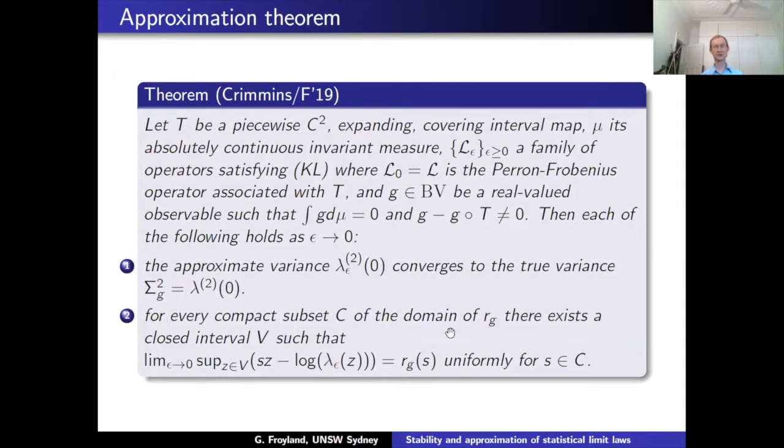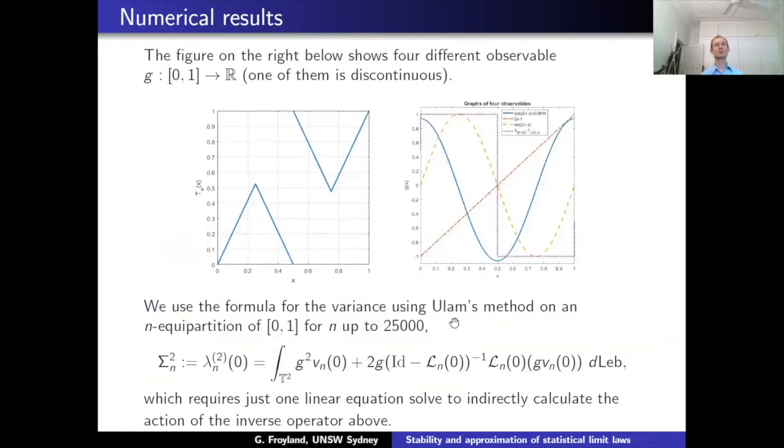Okay, so here are some numerics. This is the map I had before. On the right, I've got 4 different observation functions because I want to emphasize the meaning of the variance and the rate function. In the purple, I have this step function from left to right, and the others are weaker variants of this. The yellow also has this left-right flavor, the red a little less so, and then the blue is kind of the opposite. The blue is really symmetric left to right.